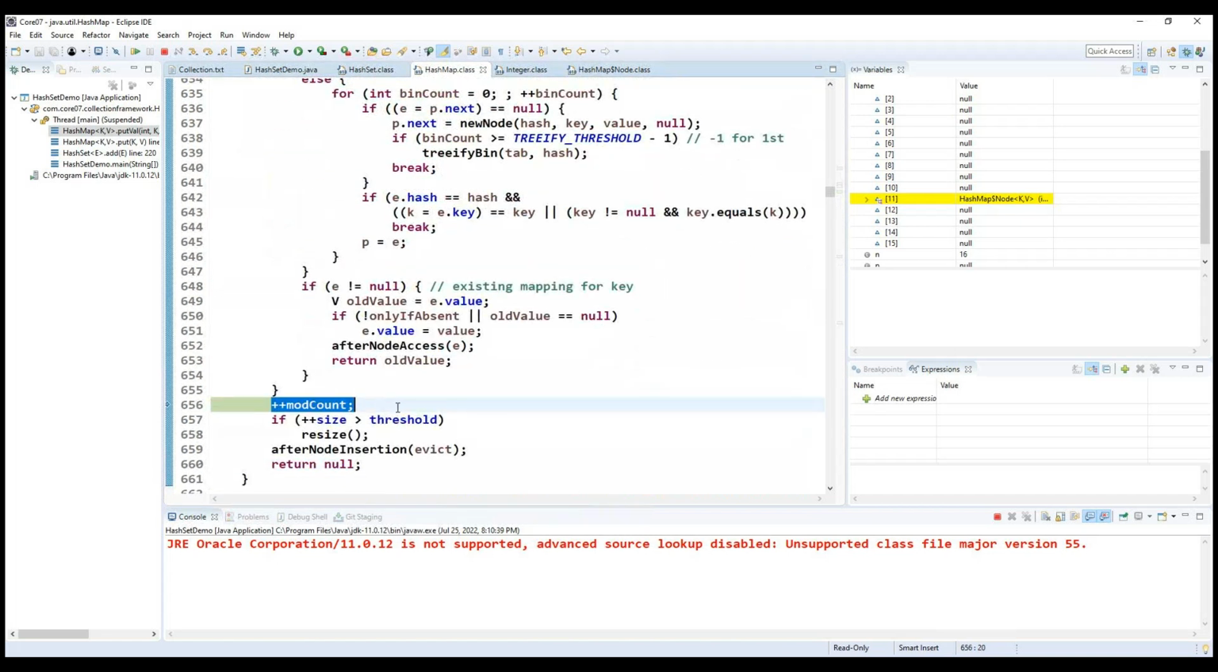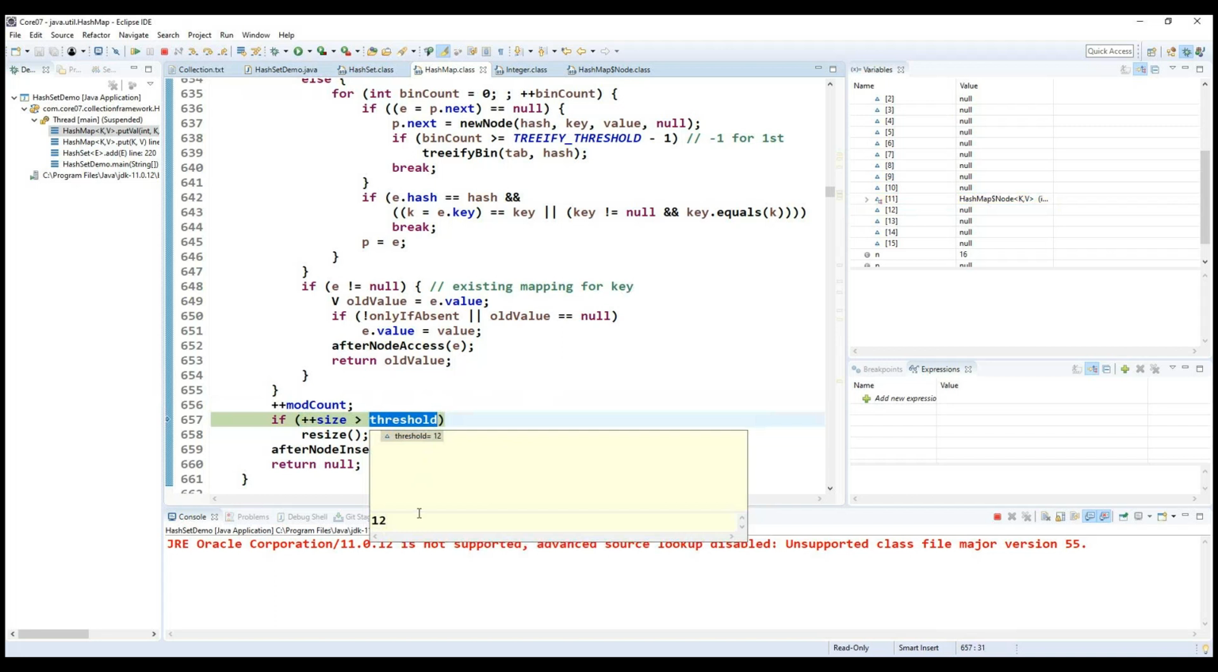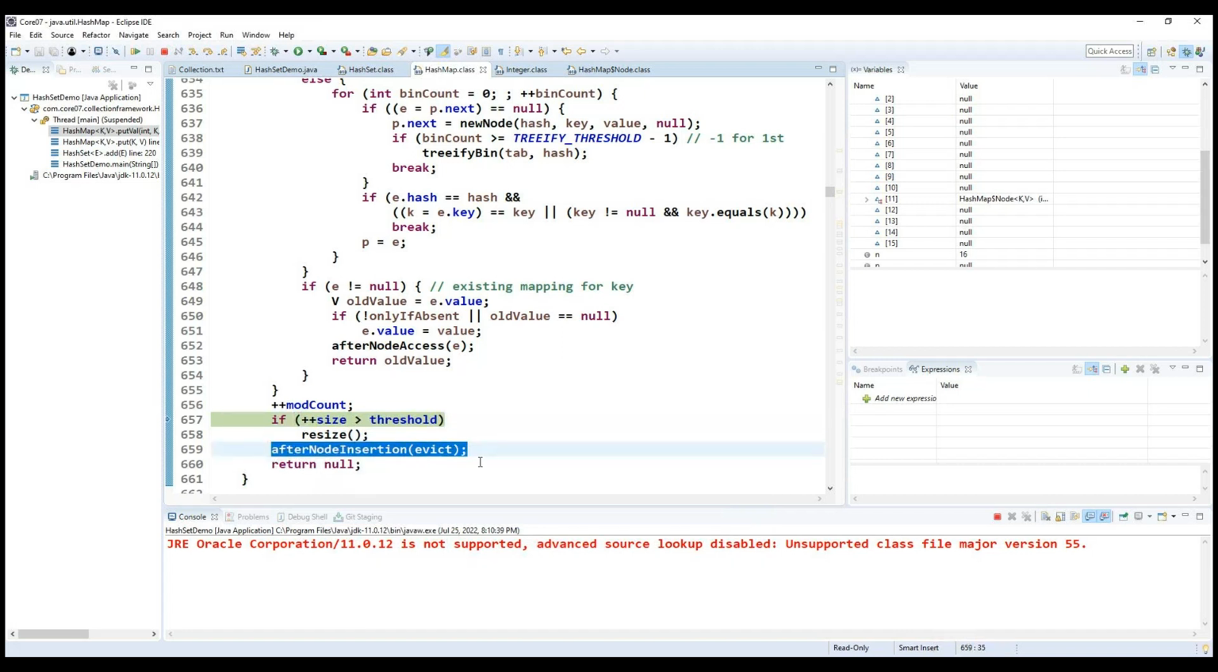Now finally we are checking the mod count. This is the internal purpose they implemented the mod count here. And here we are checking size plus plus and threshold. Here the threshold is basically 12, and size right now is 0. It will become 1. Okay, this condition will fail. Once this particular condition fails, we'll come back to the one more